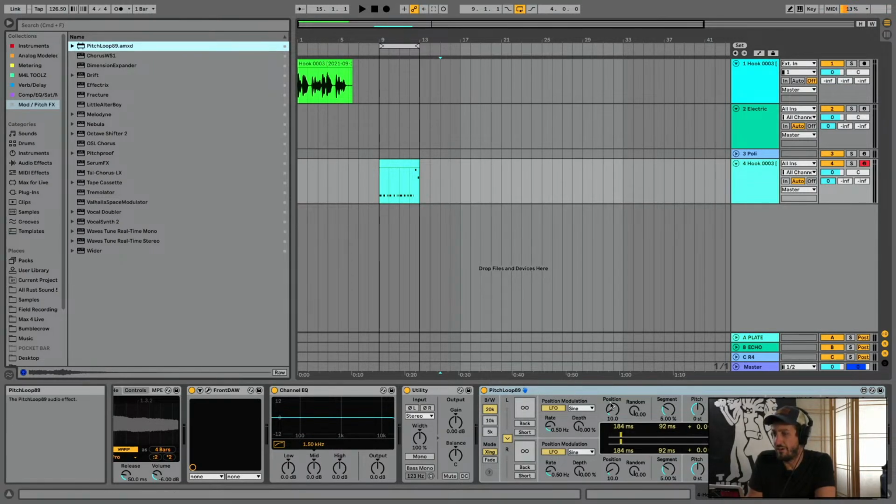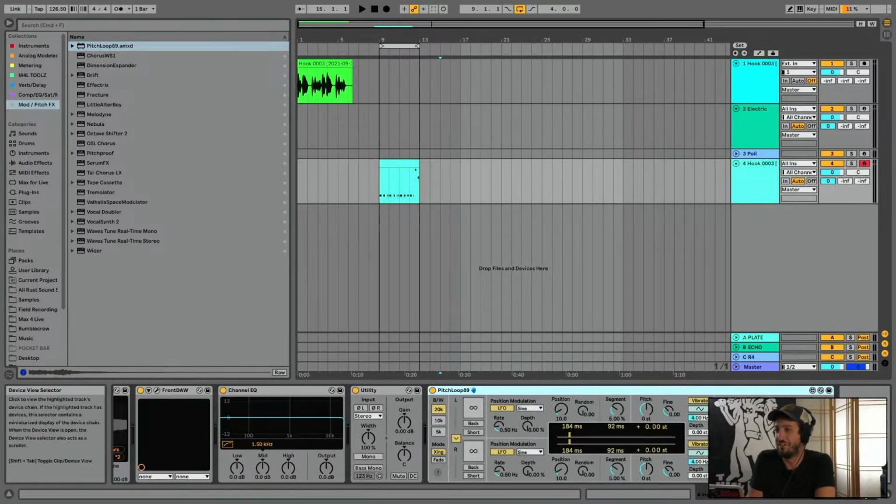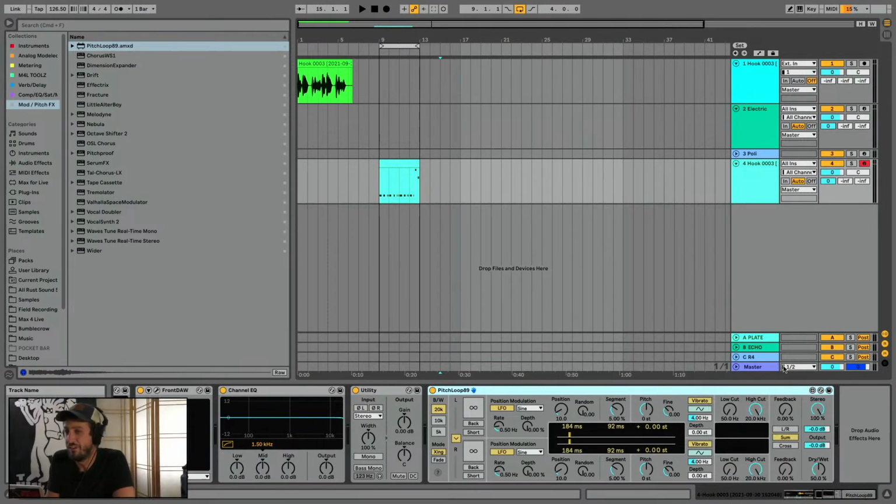This is, oh yeah. Can you move me? Pop me down to the lower left, would you? Thanks. There you go. Pitch Loop 89. Now you can tell me if you see it's important. This is why it's important for you to be able to see what's on screen, because then you can tell me, oh, I'm in the way. Yeah, I didn't even realize you were doing something down there. This is great. Fabulous. Yeah, you got a lot going on. It's a team effort over here on this stream.